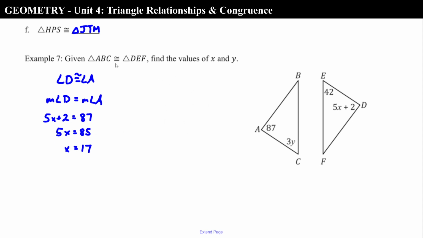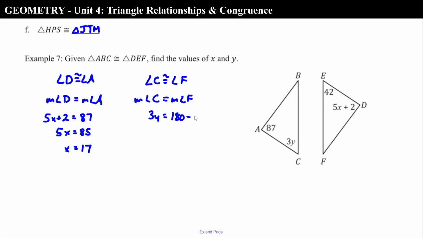We also know that angle C is congruent to angle F. So therefore, the measure of angle C has to be equal to the measure of angle F. So the measure of angle C is 3y. Measure of angle F is, well, we have to find out what that is. Well, we know that the sum of the angles of the triangle is going to be 180. If we subtract the other two angles,